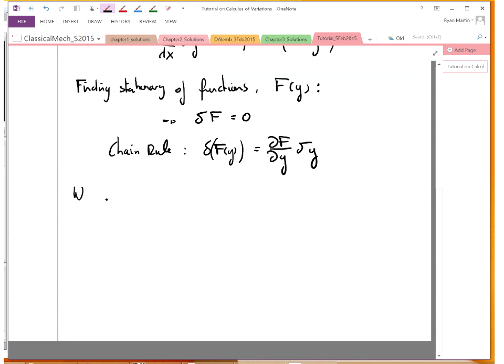With a constraint, the constraint would be of the form of some other function equal to 0, then